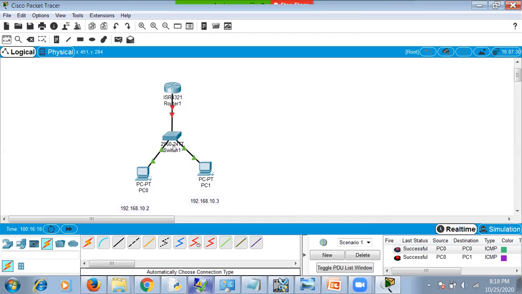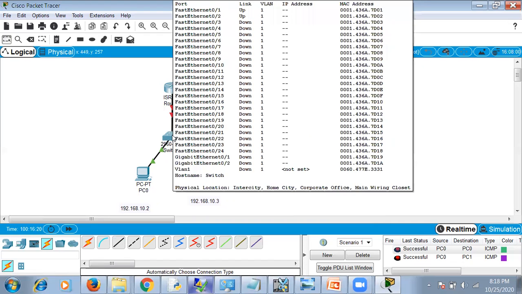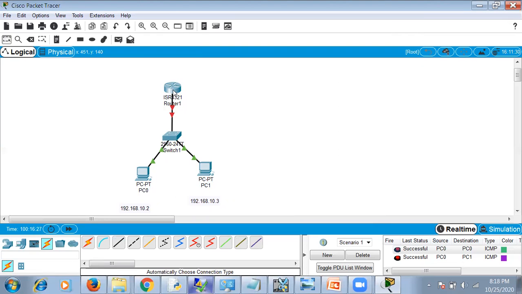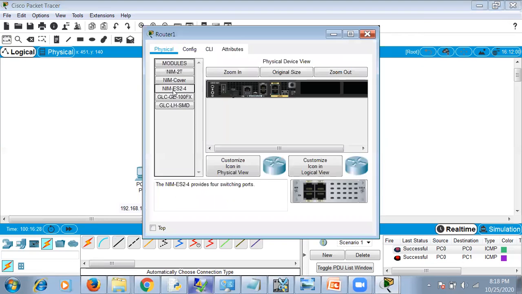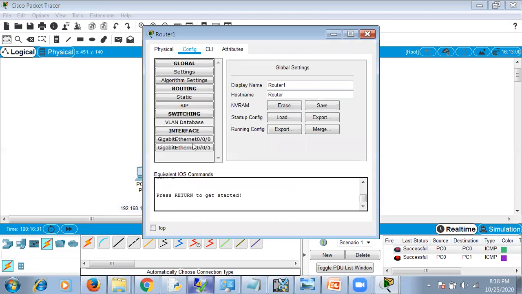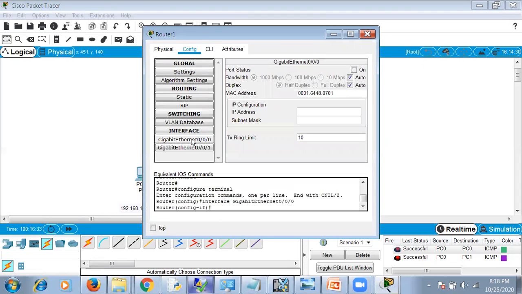Now it is showing Ethernet 0/3 is down, whereas 1 and 2 is set, 3 is still down. We have to set the address now. First, we'll give an address to a router. Now to connect to router also, we need an address. So initially it is not on. So now we'll give the address and then set it as on.